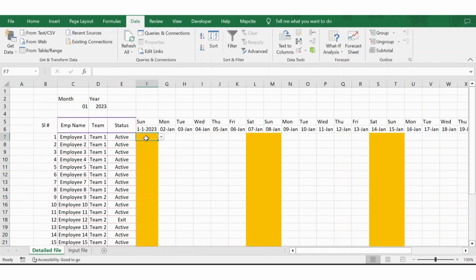So now you have the drop down which you can select. For example, for employee 1, this is Sunday, so we update as weekend. Likewise for Saturday, Sunday, we update as weekend. But again, in case team members are working on weekend for whatever the reason, you can make the changes